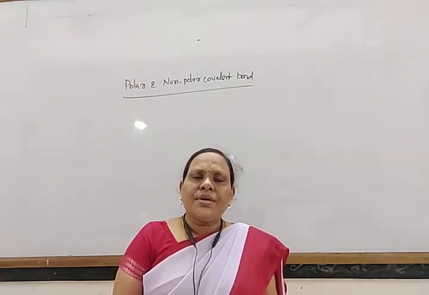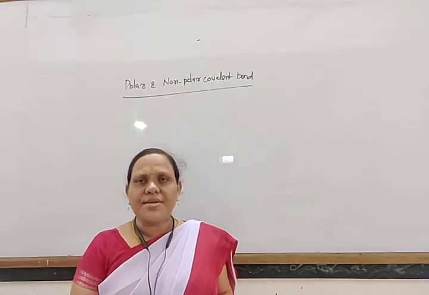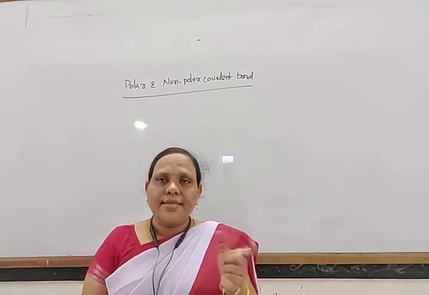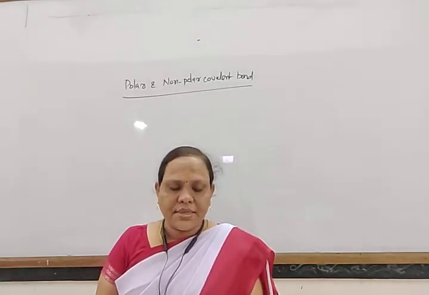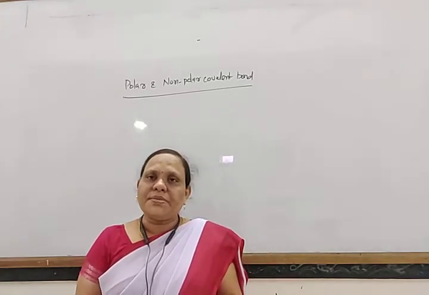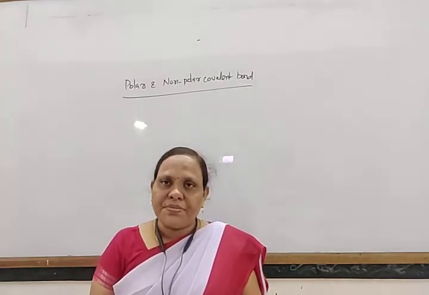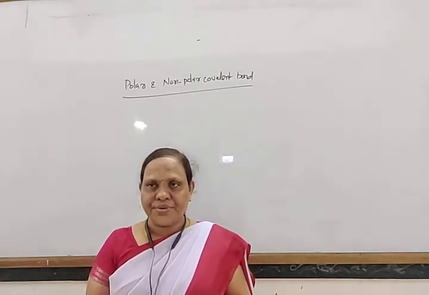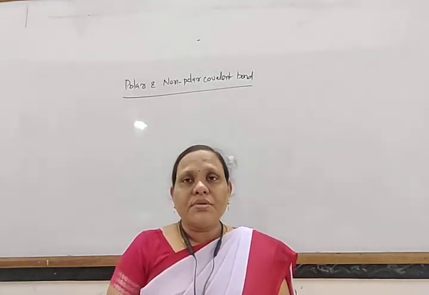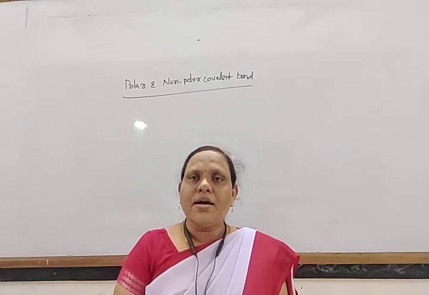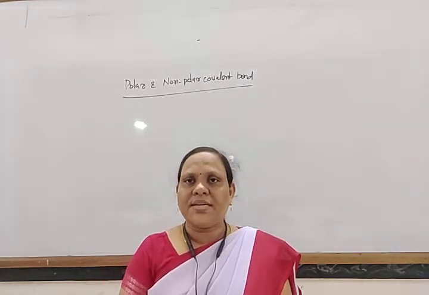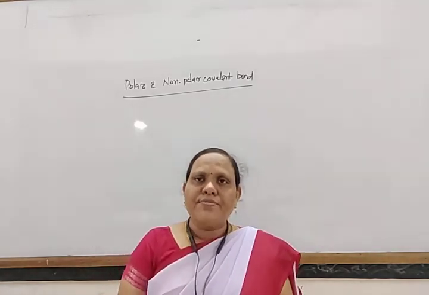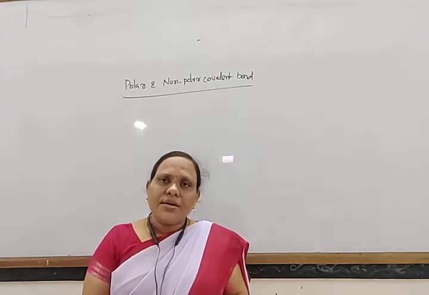For example, look here, hydrochloric acid. The HCl bond is a polar covalent bond. But when it dissolves in water, it ionizes as H plus and Cl minus. So HCl, HBr, HI all ionize as H plus and halide ions. Similarly, when we consider sulfuric acid, here also covalent bonds are present, but it also ionizes as 2H plus and sulfate ion. So how does this ionization take place? Because some covalent bonds are polar in nature. So what does it mean by polar?